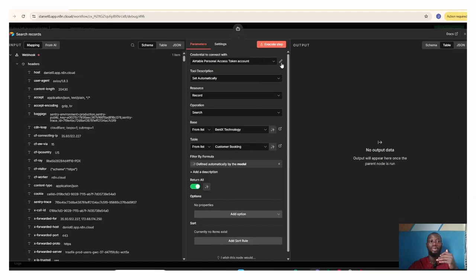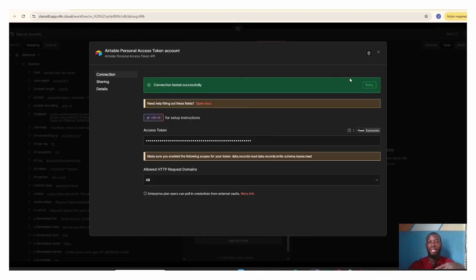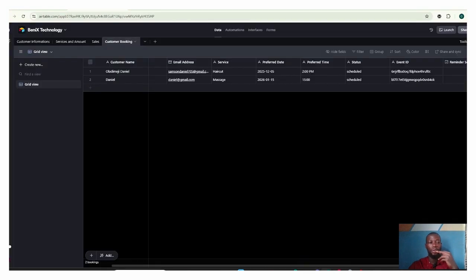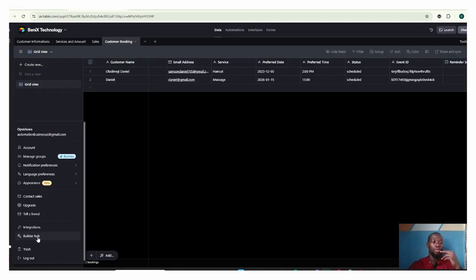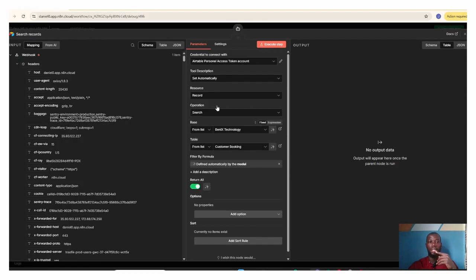Alright, the reason I explain the others is that I don't think I've explained this one. When it comes to Airtable, almost all my videos cover how to get the access token. Let me show where you can get it from. You go to your builders hub, then to access token, then create a new token, choose your base and all that, and create an access token for it. Once you input your access token here, you are searching, and from base you choose